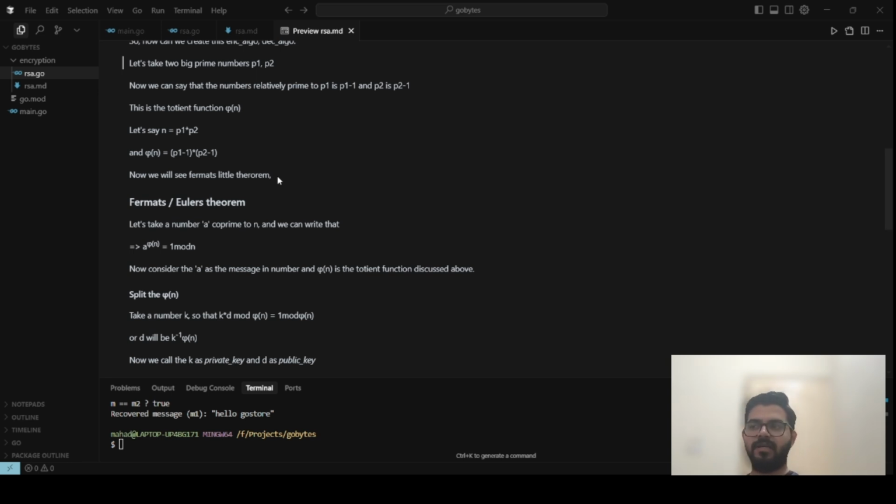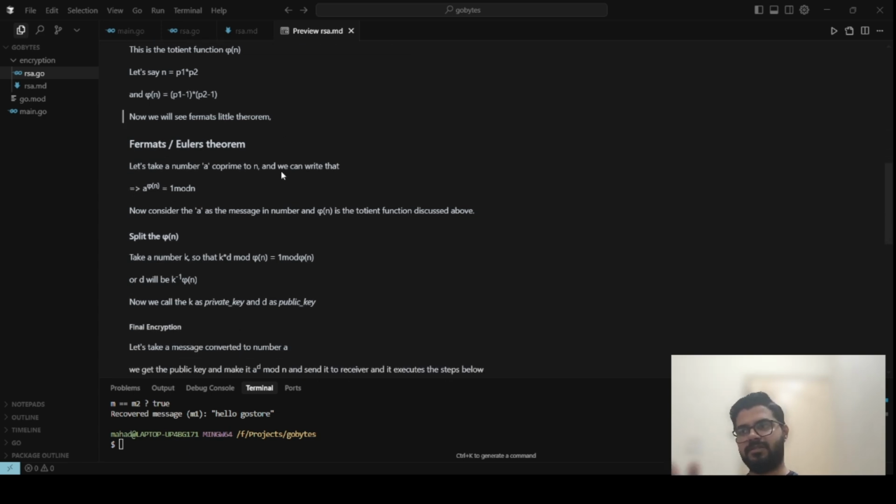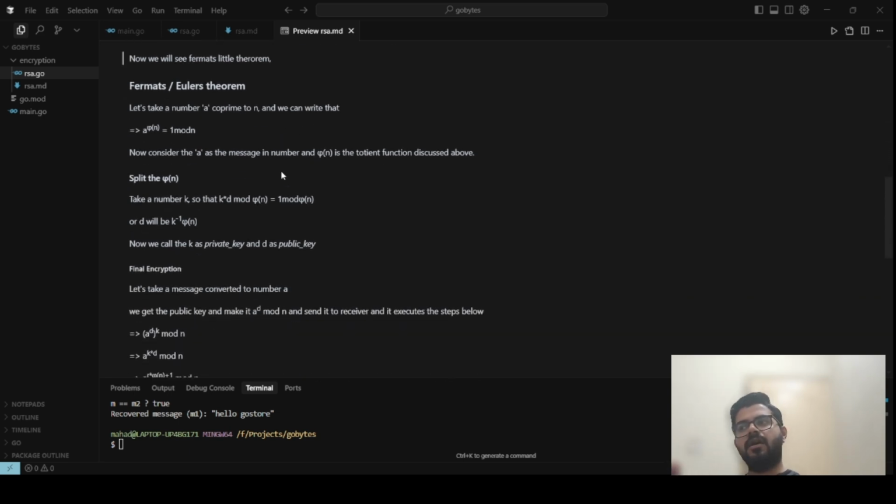It's really hard to factorize n when it is 2048 bit. It is a very big number, and factorizing a very big number and finding all the primes, it's not really easy. It's really hard. So then we come to Fermat's and Euler's theorem. One of the theorems states that a to the power phi of n is equal to 1 mod n,